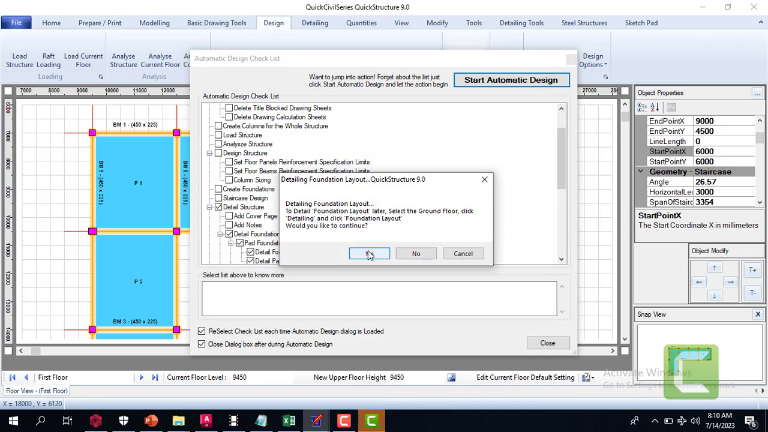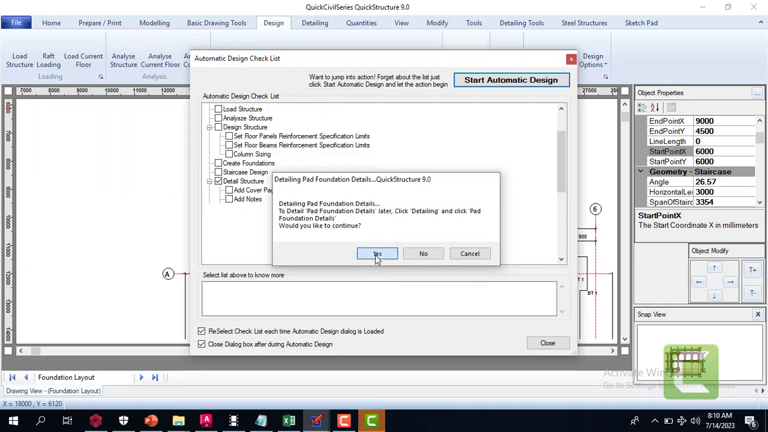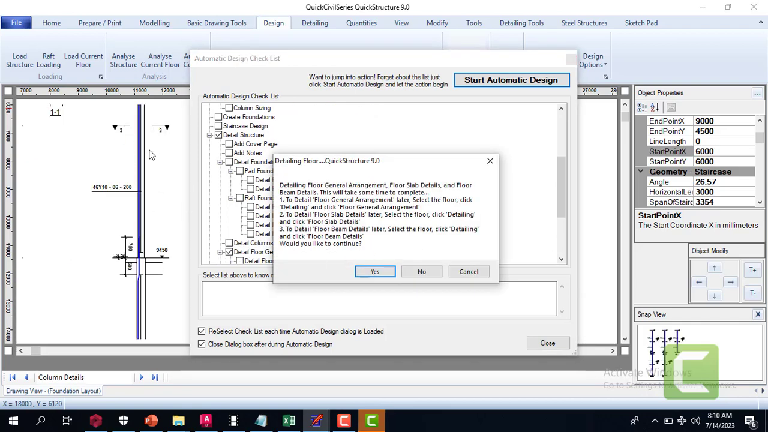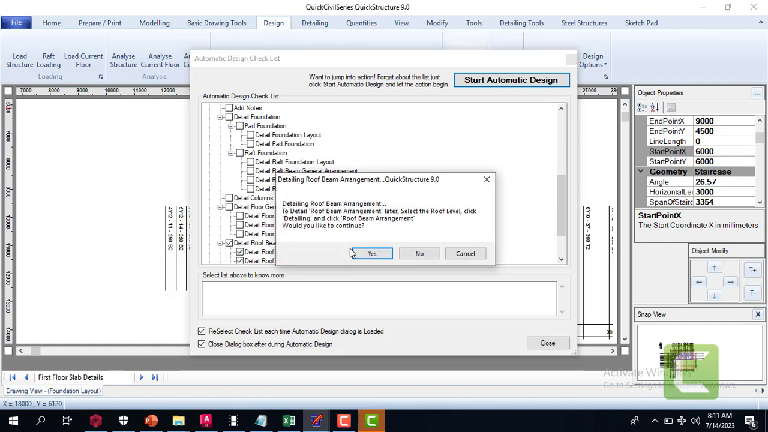Detailing foundation layout. Now this is actually going to generate our detailing for our foundation layout. Okay, we'll click yes. Detailing pad foundation details, yes. Column, you can see as I'm clicking yes, it's generating the detailed drawings for us by the side. Okay, yes, you can see this is our column detail. You can see I have 46 Y10, which is not actually very okay for me, probably because of the settings I did. I'm going to recorrect that